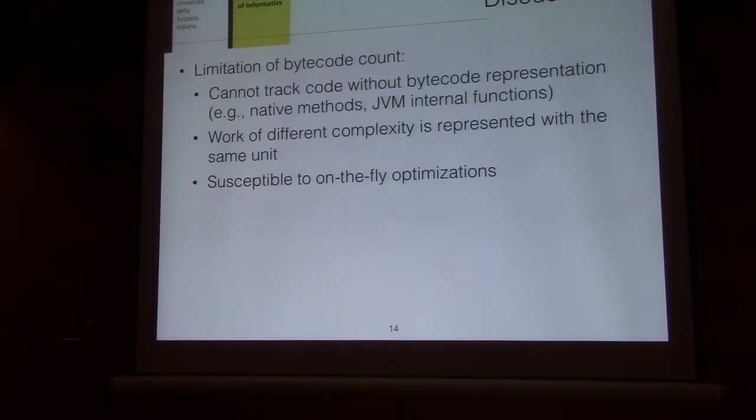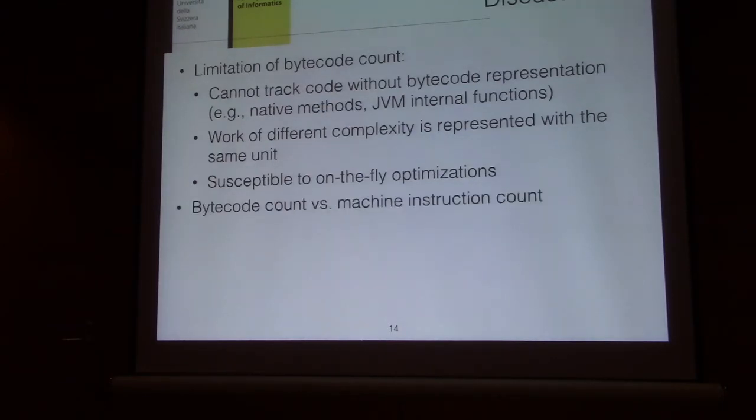Our profiler takes measures and makes instrumentation at load time, but at runtime, the just-in-time compiler can remove some bytecode, but still the bytecode has been accounted at load time. This would result in some bytecode not being effectively executed by threads, but still being accounted in the bytecode counters. And this is another problem that we are aware of.